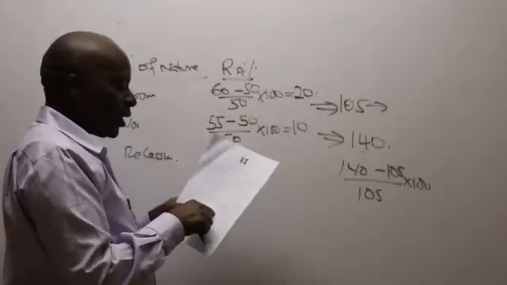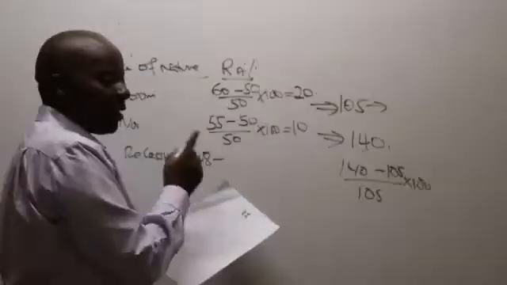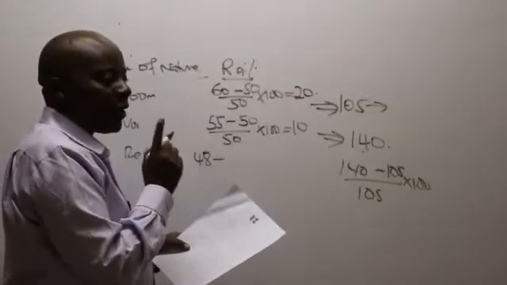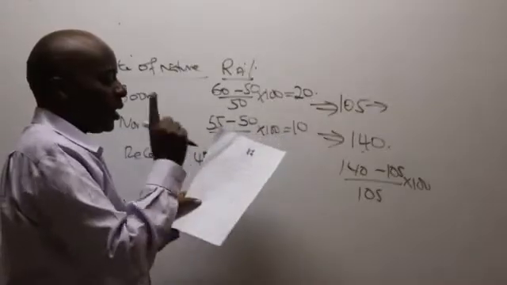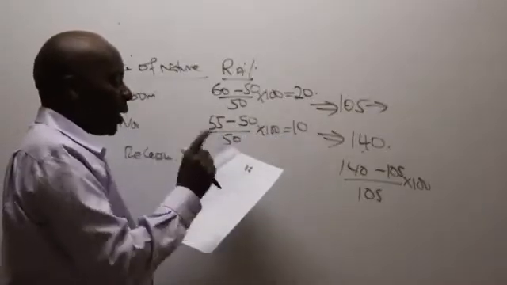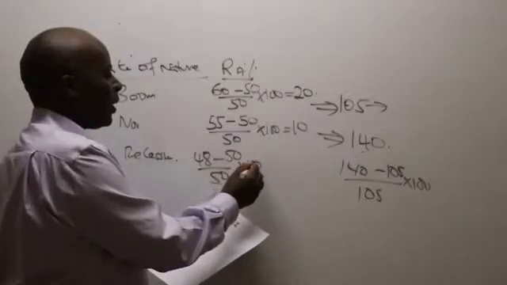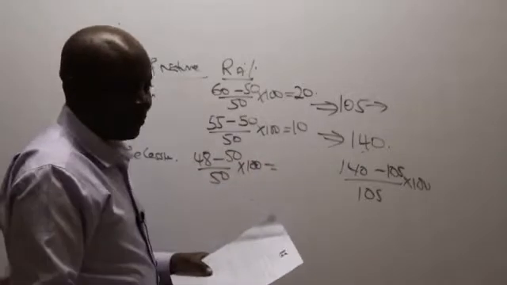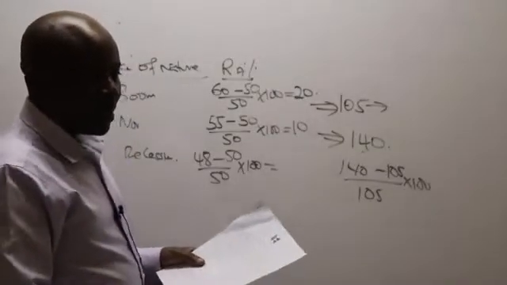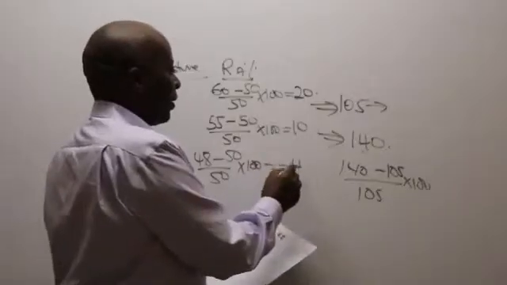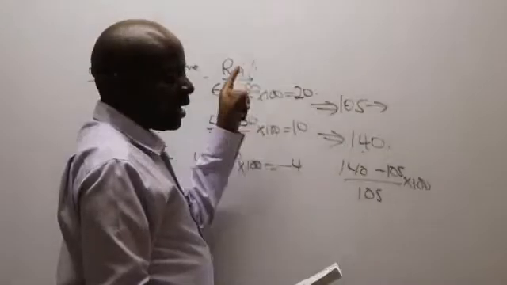How about in this case here, recession? The price under recession is 48. So it will be 48 minus the original price of A. Please don't go to B, we are not yet in B. We are still in A, whose original price was 50, divided by 50 times 100. Could you kindly give me this last one? Claire gives me minus 4%. Remember, I'm not writing the percentages here because I have them up here.